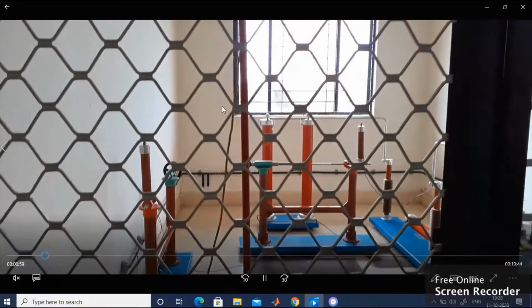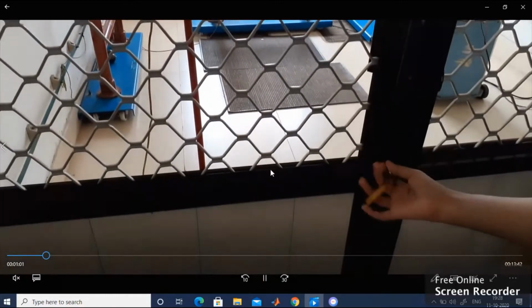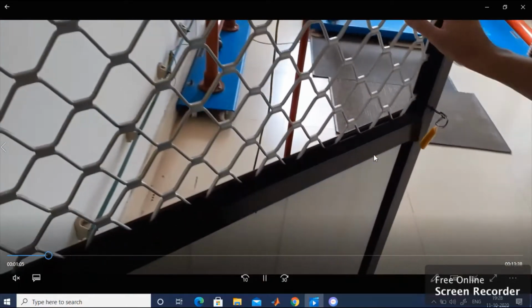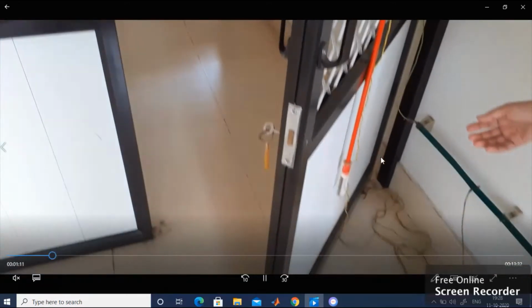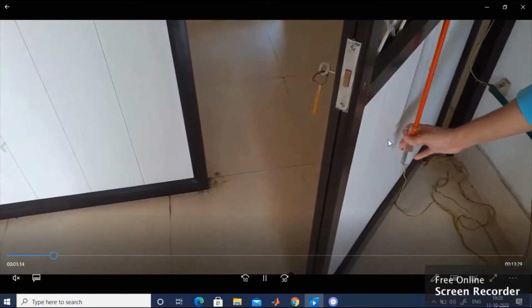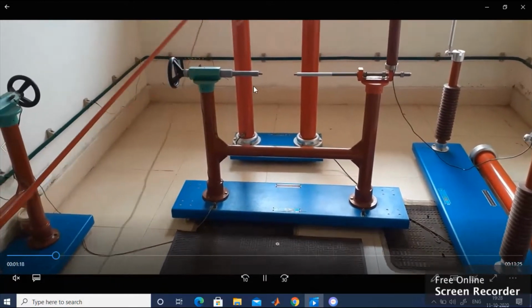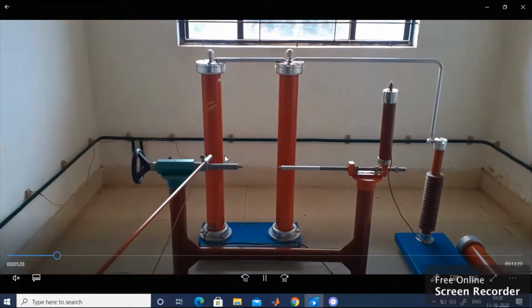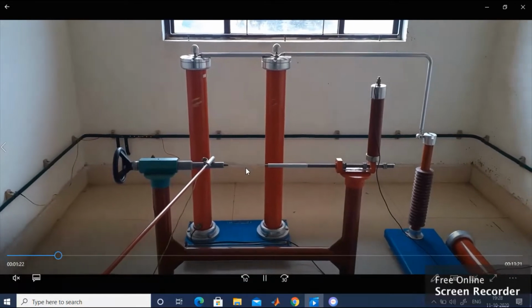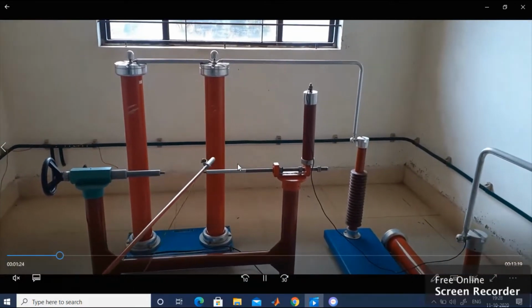Before getting inside the room, make sure that you use the earth rod. All the apparatus has been kept inside, so you can open the door. Thereafter, you can use the earth rod. These grounding rods are required every time. Wherever the metal portion is available, you have to keep it touching that particular metal portion just for your safety.